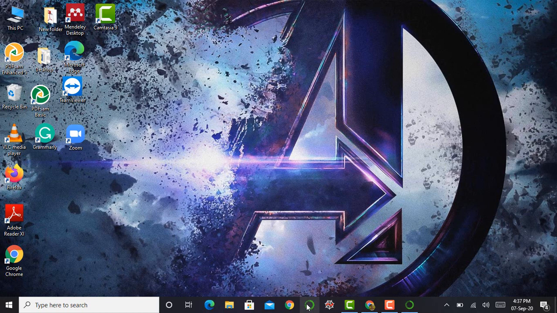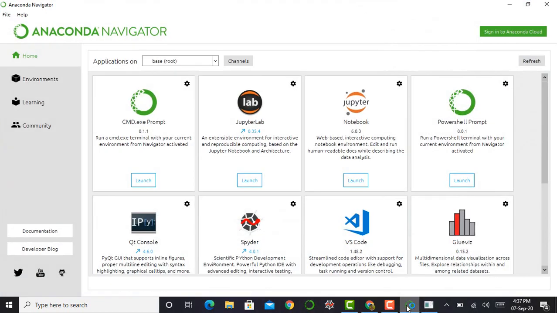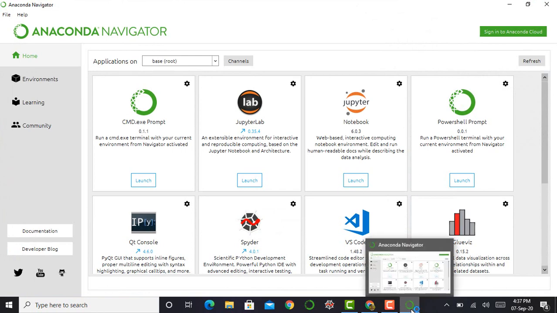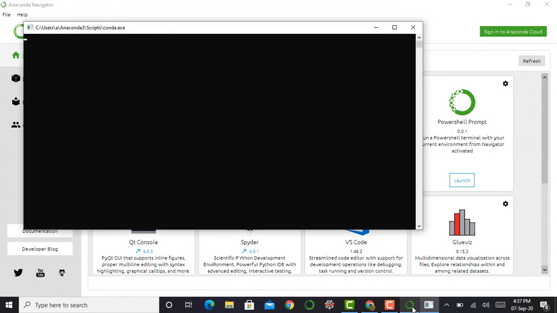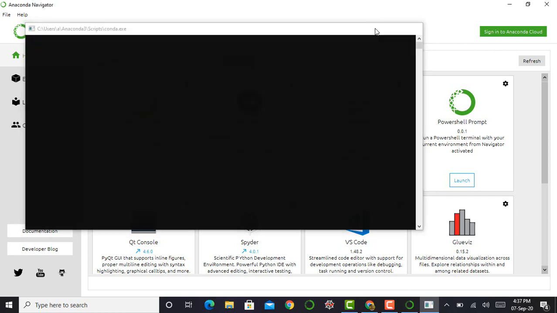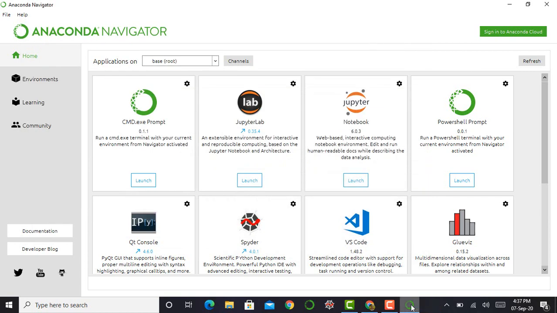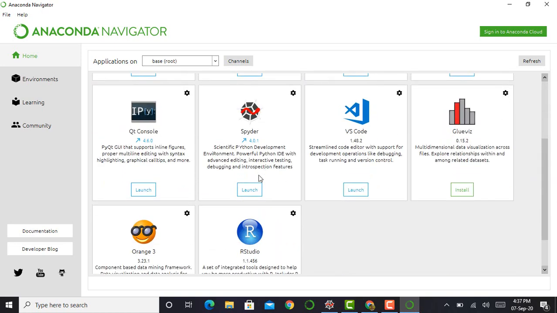The icon is created in my taskbar, and I double click on it and it will open. It will take some time, so I have already opened it to show you. My PC is quite slow, therefore it requires time to open, but you can see over here I have already opened it, and the Anaconda package provides me different IDEs such as JupyterLab, Jupyter Notebook, Spyder, Visual Studio Code, Glueviz, Orange and RStudio.